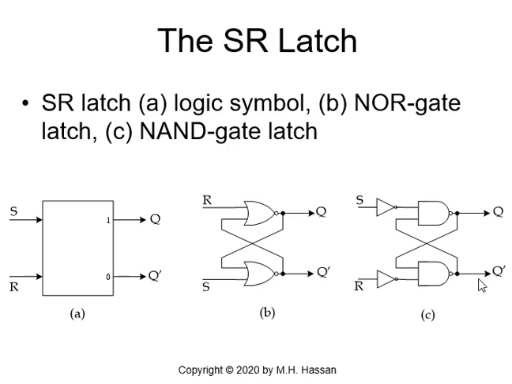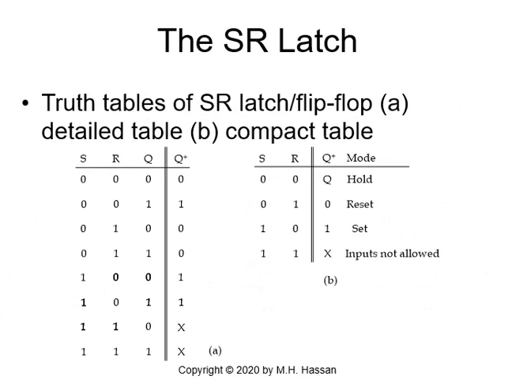Then 0 NAND 0, because S is 1, the output will be 1. So Q plus is 1, and this verifies the next line in the table. So 1, 0, 1 remained 1. Since for these two rows, Q plus is 1, regardless of the value of Q. So we said when S is 1 and R is 0, the output will be 1,